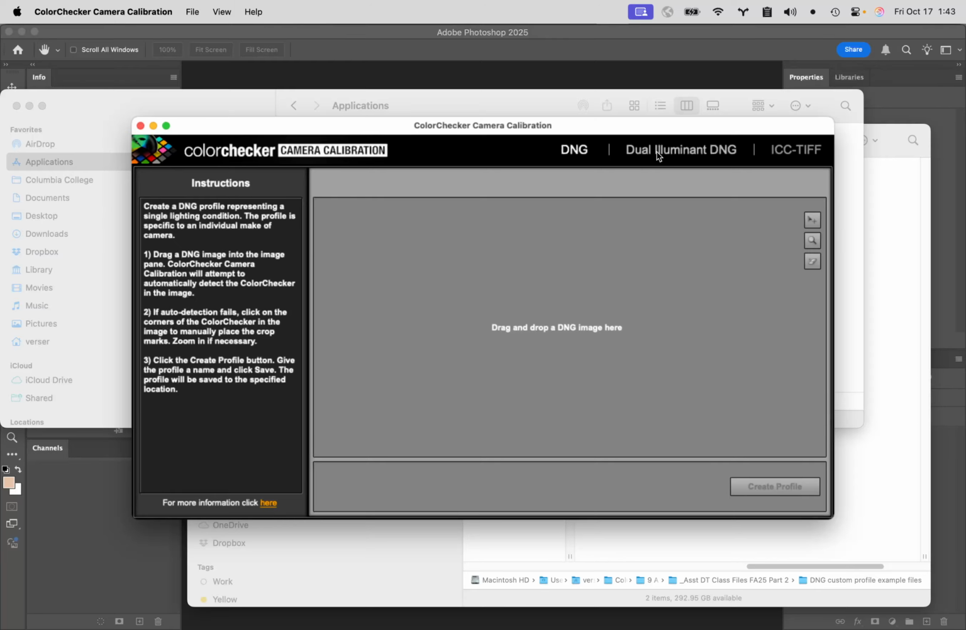But at any rate, I don't do the dual illuminate part because I do one for every lighting situation that I'm in. Now, if I'm in the studio and I don't change my lighting, it stays the same for a week or 2 weeks, whatever, I use that same profile for all 2 weeks. But if I go in and fundamentally change the lighting, I will generate a separate profile for whatever that new